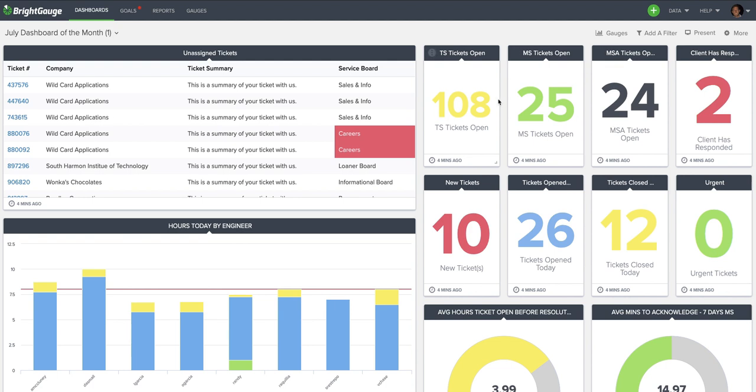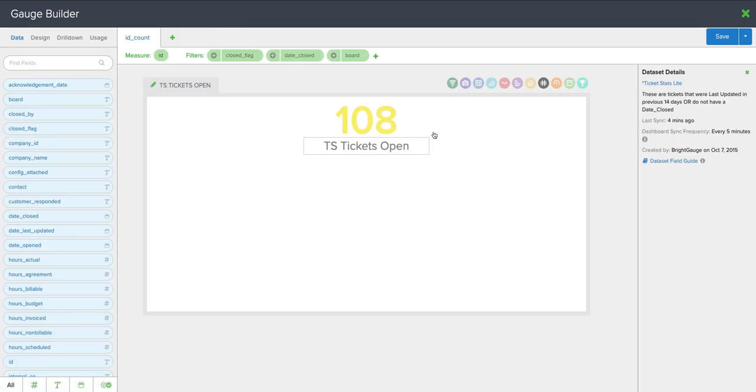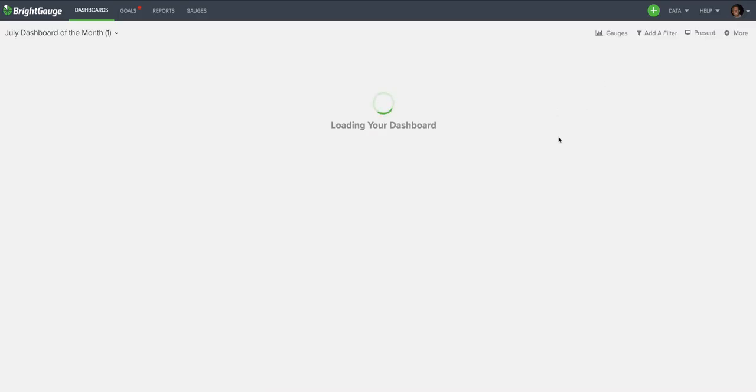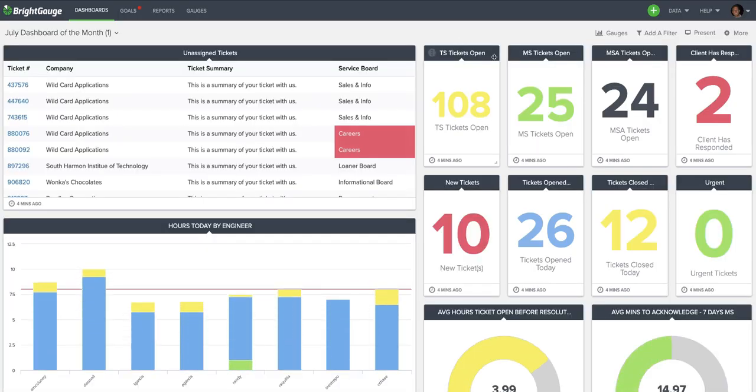boards. So Brad's keeping track of his technical services board, his managed service board, and his managed service agreement tickets. He has gone into each of these gauges, and I think this is a great tip for dashboards, especially around the office: don't rely on the gauge title. Put something to notify the team what the gauge is actually reporting here. Depending on the size of your displays, sometimes the titles can get chopped off and they're not fully displayed, as you can see here. But you can see what the gauge is representing if you take advantage of the label